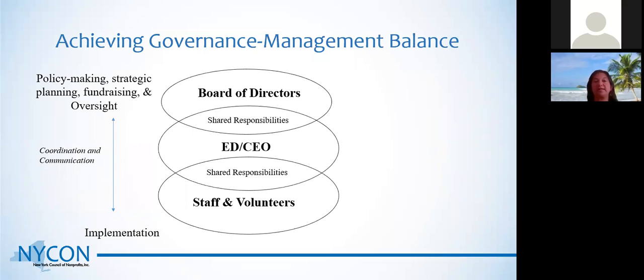fiduciary responsibility by setting policy, developing a strategic plan, developing a fundraising plan and carrying it out, and providing general oversight and compliance for the organization. And when is it really focused on implementation at the volunteer level? If you have an executive director, sometimes it's just important to define these boundaries, these overlapping spheres of shared responsibility. If you have a long-term executive director who your organization relies on, you may give them a lot of leeway in terms of the overlap of responsibility.